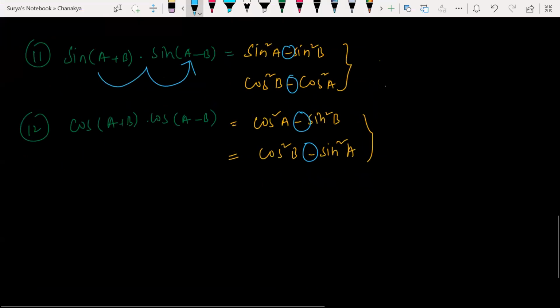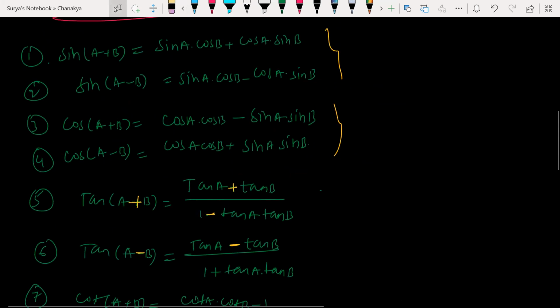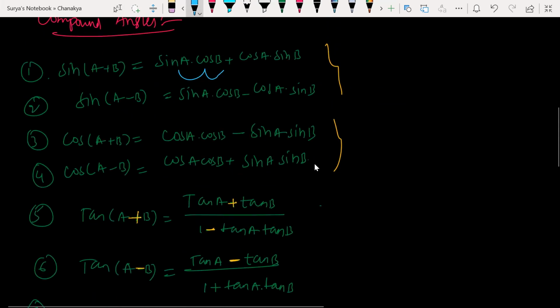Okay. So first, sin square A minus sin square B and cos square B minus cos square A. Now I'm talking about the cos function. Look at this: cos A plus B into cos A minus B. The cos function, wherever you go, always behaves differently. Here I was having sin A cos B plus cos A sin B. If I have plus here, I was getting plus here. But in cos, if I have plus, I have minus here.